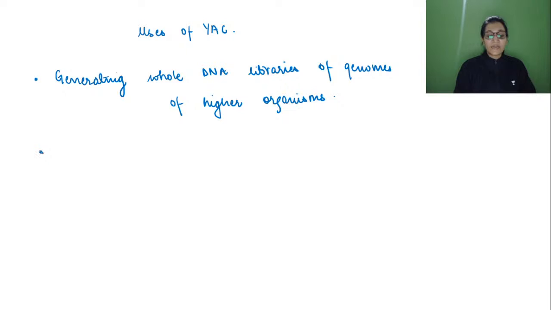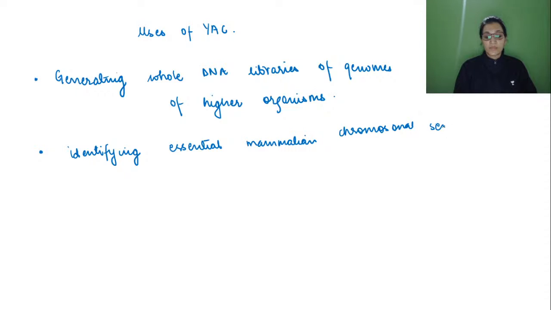Then after that, identifying essential mammalian chromosomal sequence necessary for the future construction of specialized mammalian artificial chromosome. So, for identifying the essential mammalian chromosomal sequence. Then another major application of yeast artificial chromosome can be in the study of gene regulation,